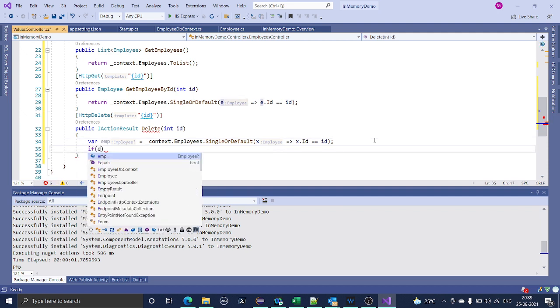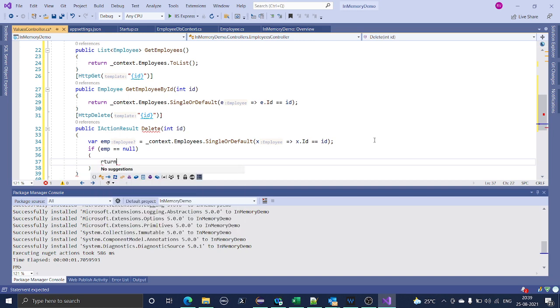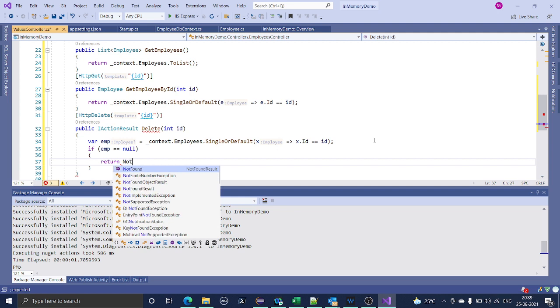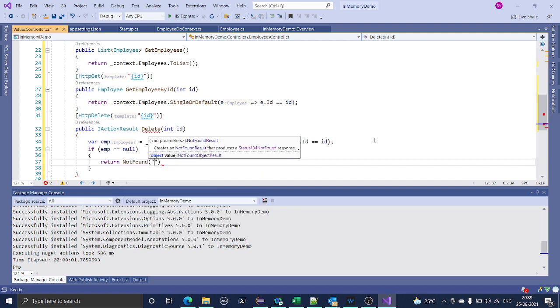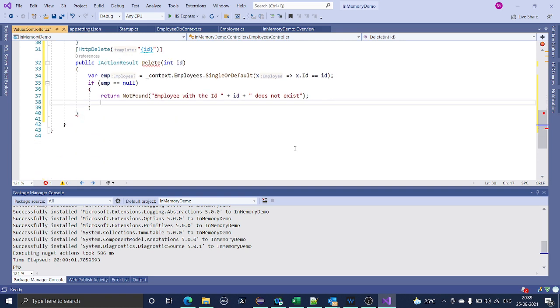Now I'll check if emp equals null, return NotFound, Employee with the ID plus id does not exist. Otherwise, will return